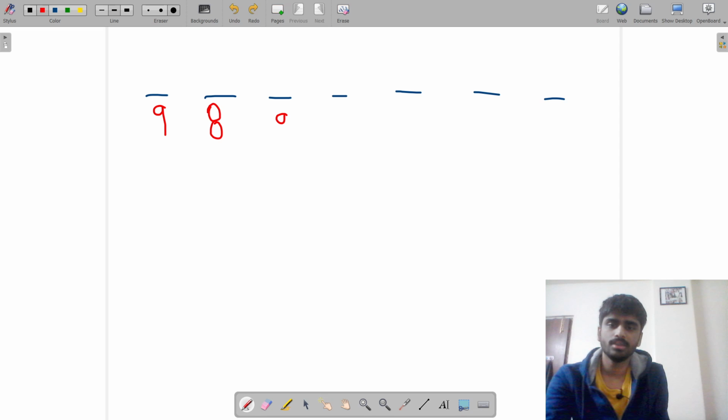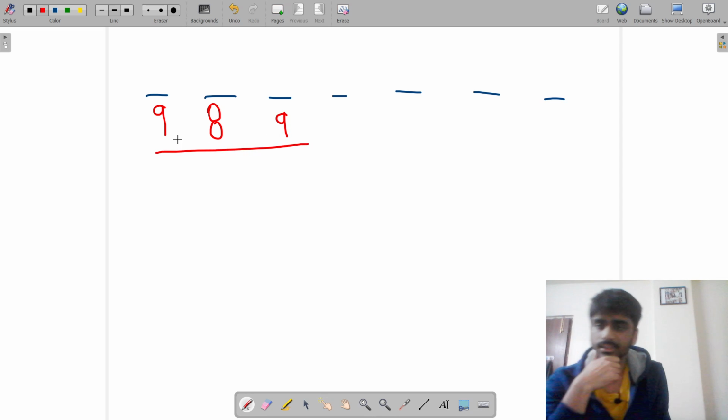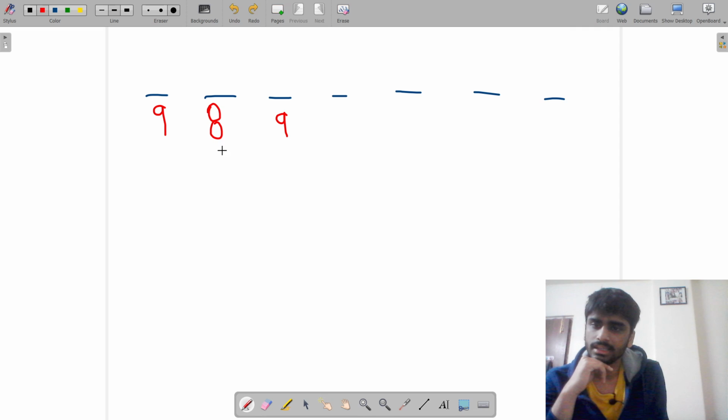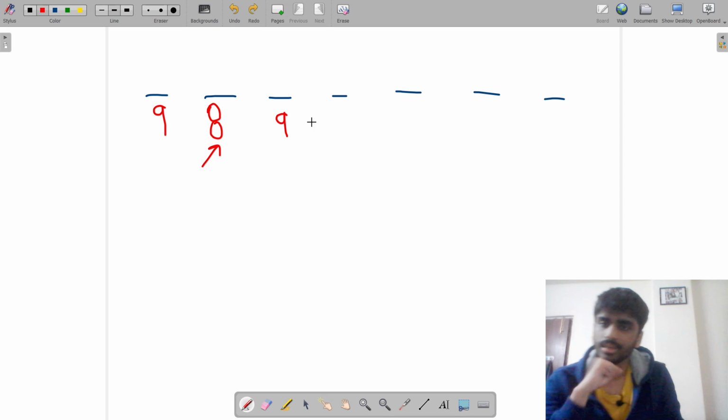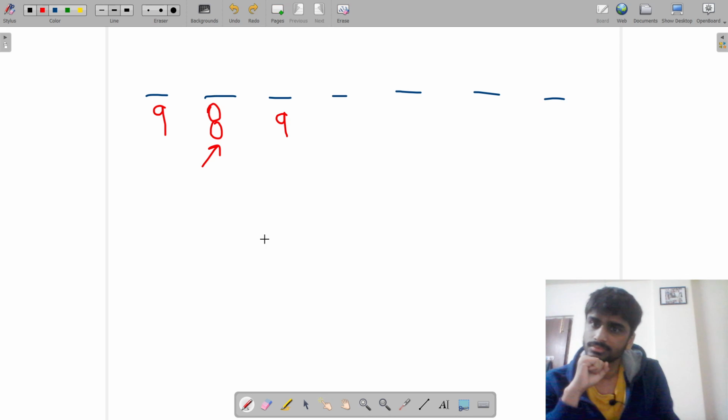Any optimal answer should begin with 989, and it is actually possible to get 989 by waiting for 8 seconds, then stopping this one. What will happen is it will stop at 8, then both of these will stop at 9. So it is possible to achieve this answer. Okay. So if we actually do this, what will happen is this is 8, 9, 8, 9, then this will be